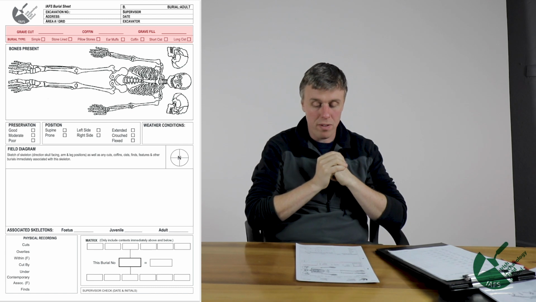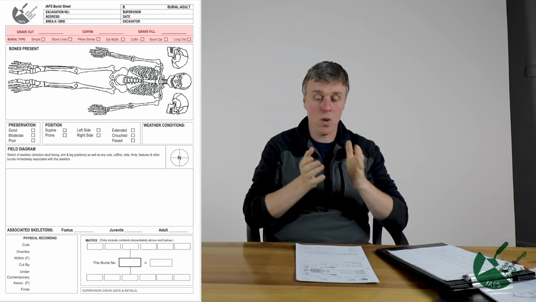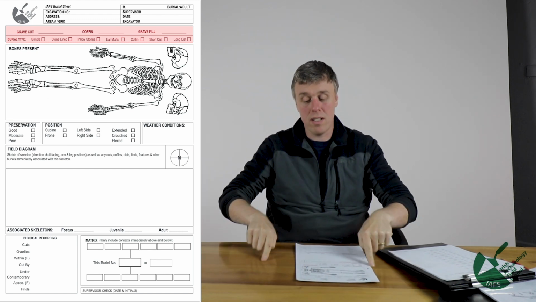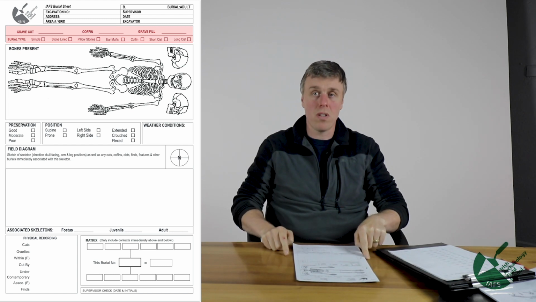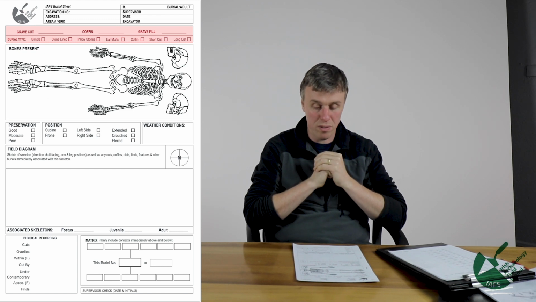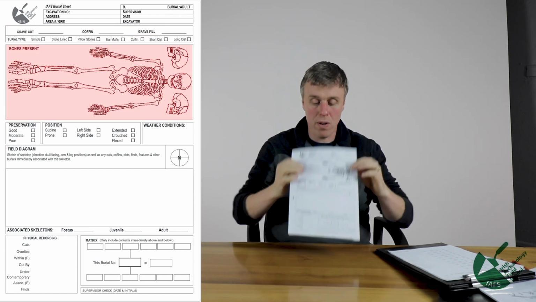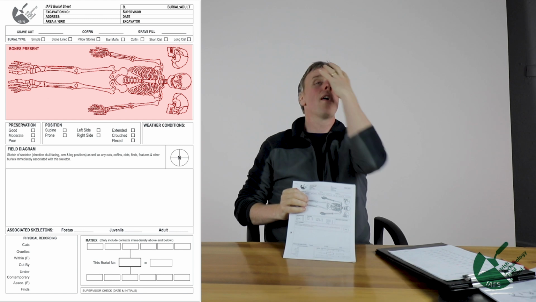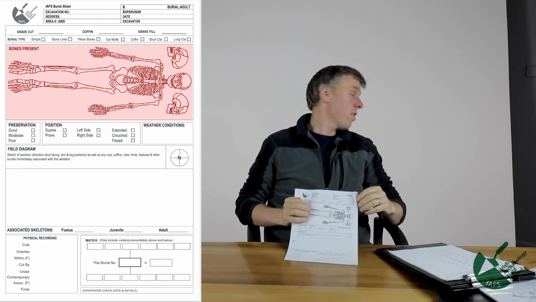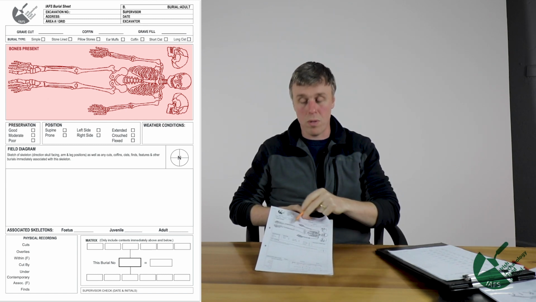Just to mention about the coffin, obviously coffins typically are made of timber, so frequently you will not see evidence of the coffin. It could be gone, but you might get a nice set of nails bordering the burial where the coffin once was. So you might get evidence of a coffin where there isn't the physical remains left of the timber itself. Okay. Then directly below that you'll see a nice image of the burial and of both sides of the skull. So you're assuming the burial's facing this way, but if you turn either side, you can see the side of the skull, and this is very simple. You just colour in what bones are present, and that's why you can also see both sides of the skull, so you can colour in what sides of the bone are there.